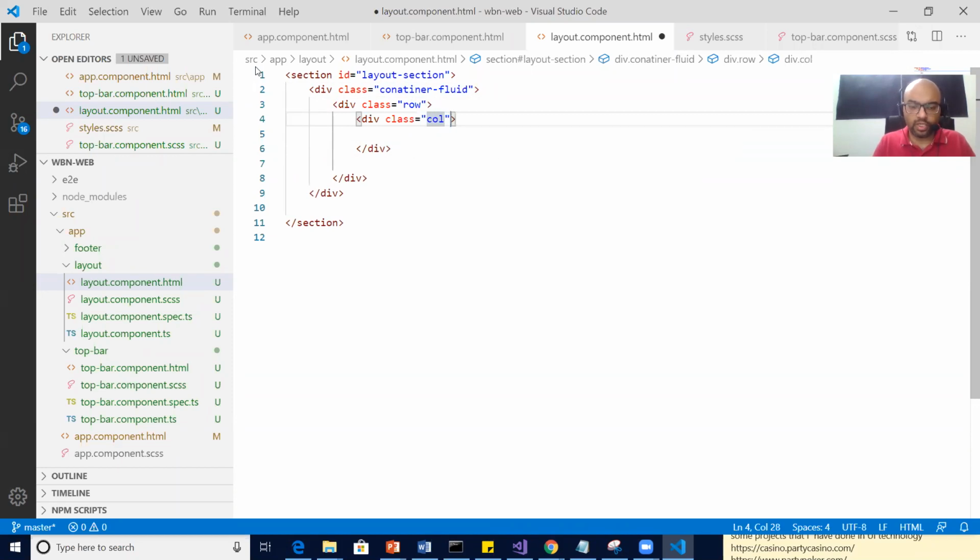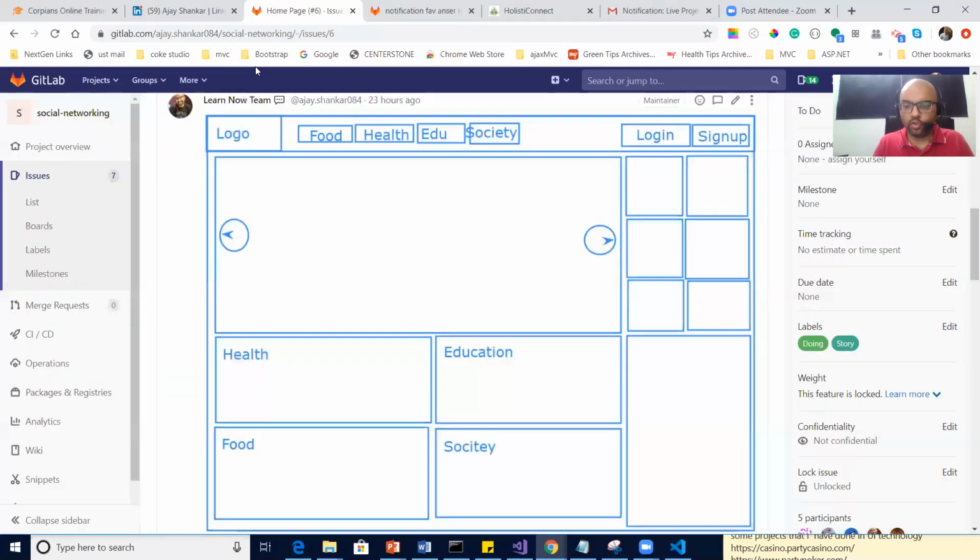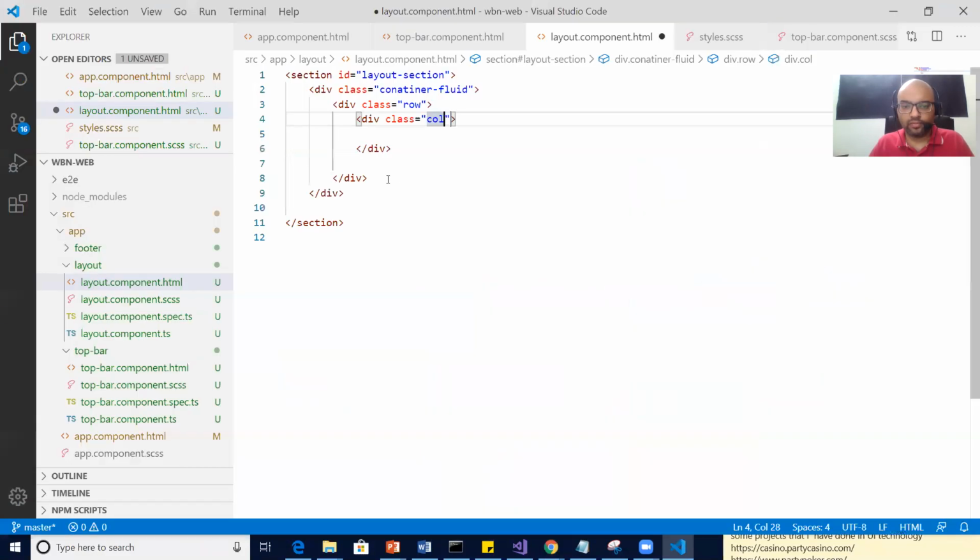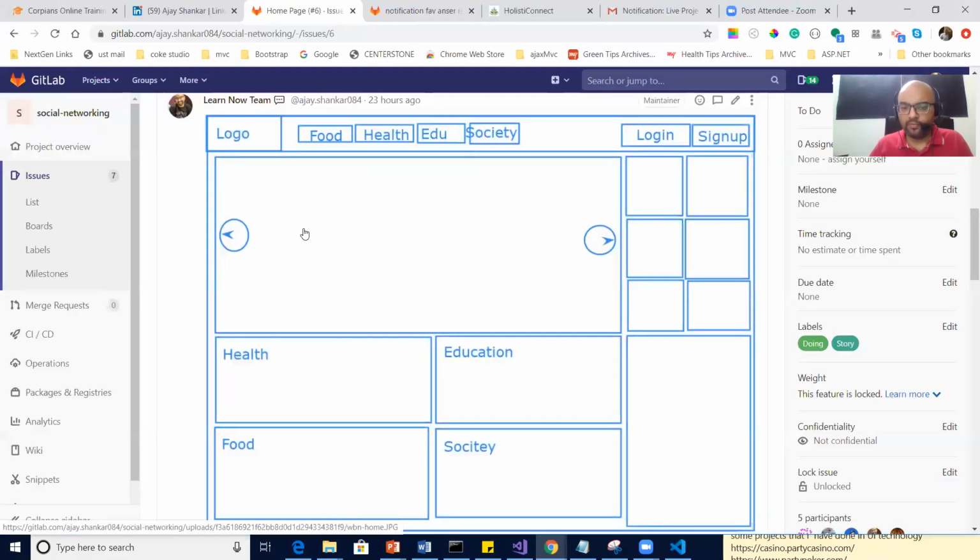Can you guys tell me what should be the proportion of these two columns? 8-4 or 10-2? 10-2. So 10 and 2. In the 10, again, what did I tell you?